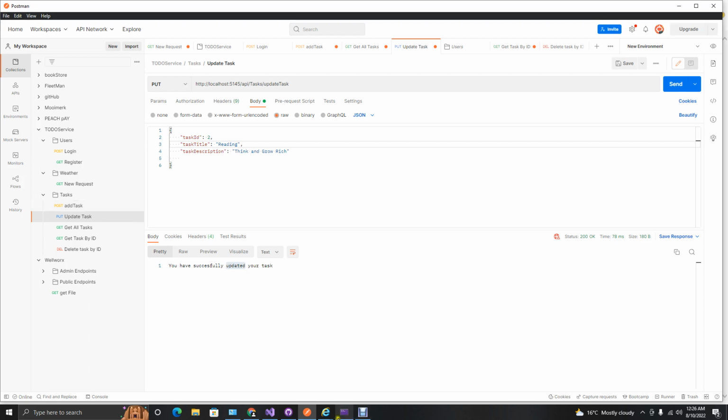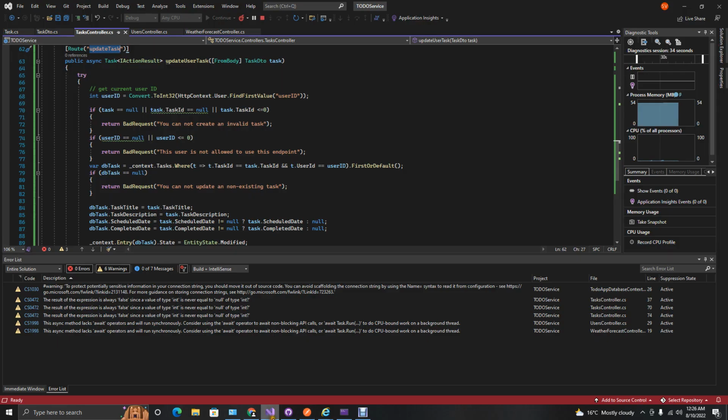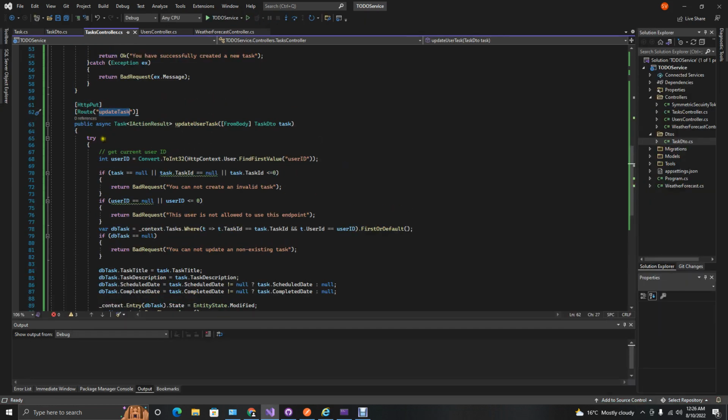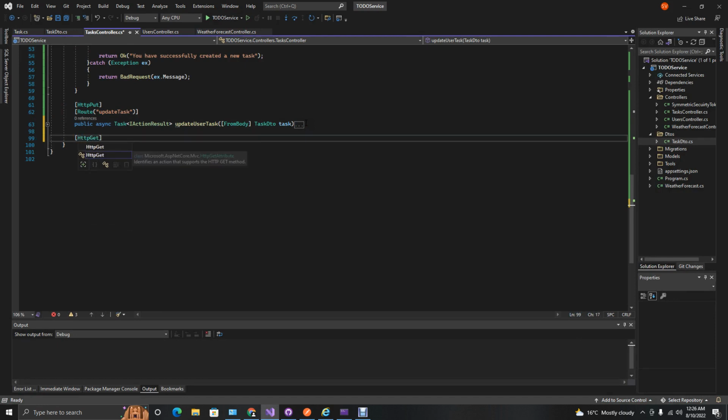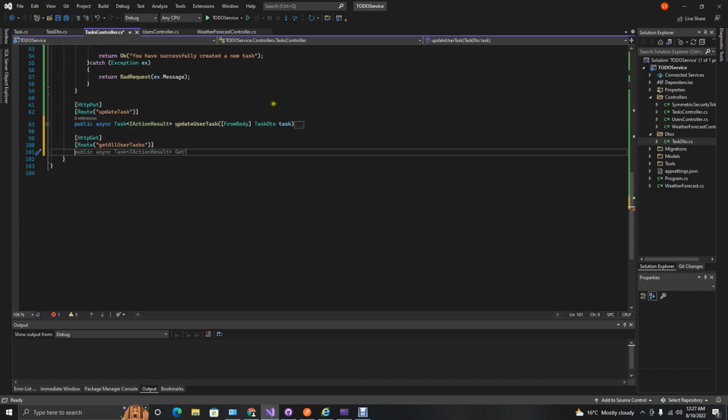No. First and foremost, let's first do a get. Let's first do the get because we don't want to update a wrong task. So let's first try to do an HTTP get all tasks method, right? So we'll just have that route, get all user tasks, right, get all user tasks, yes, right, and then